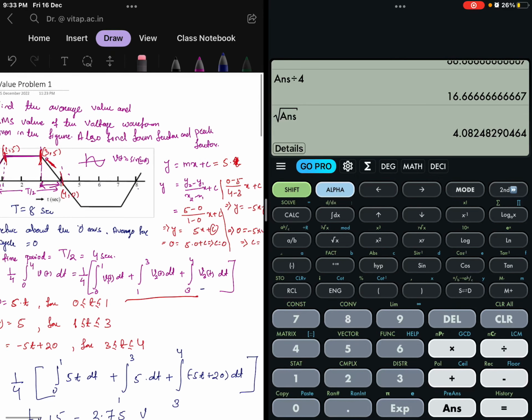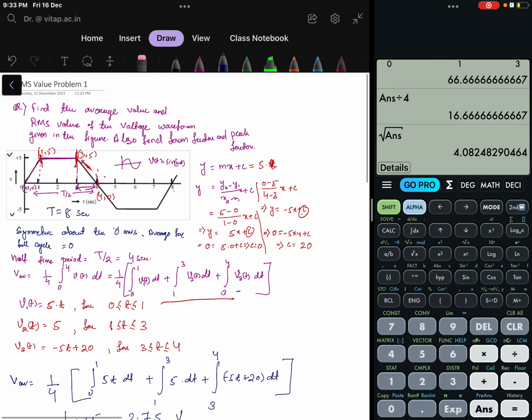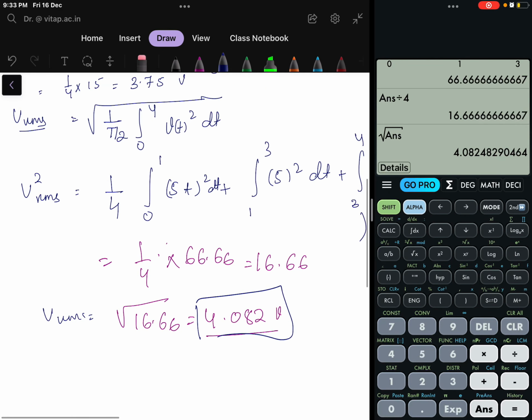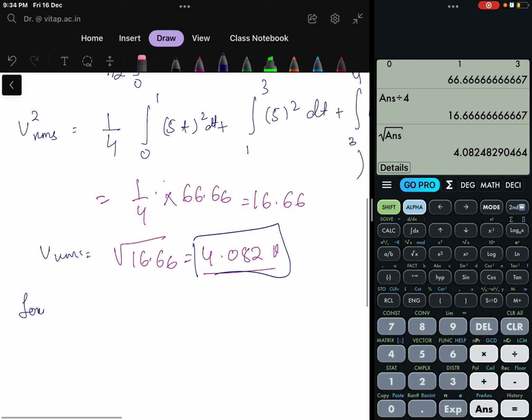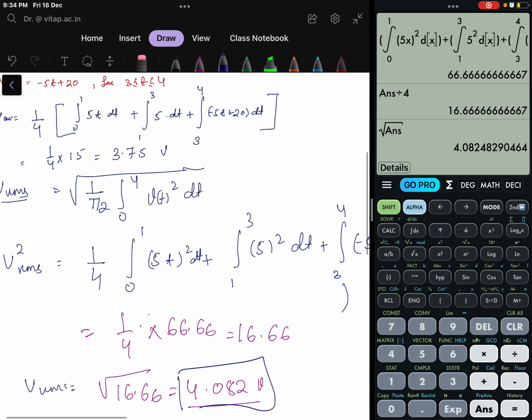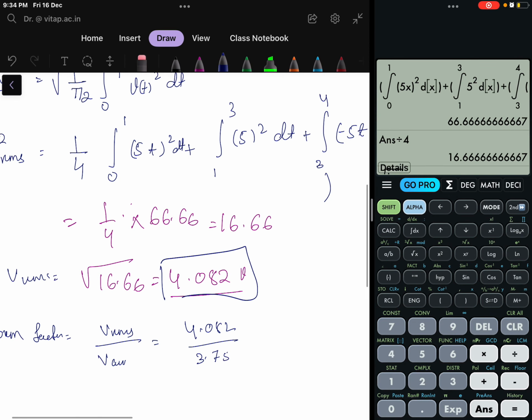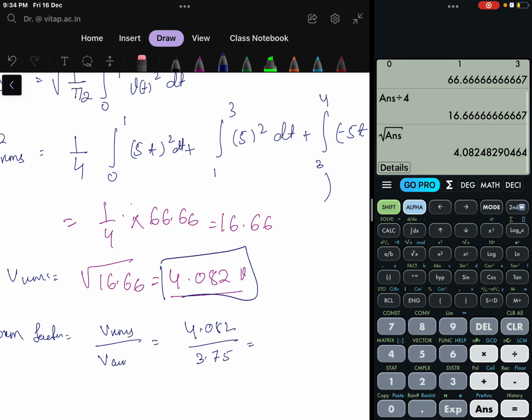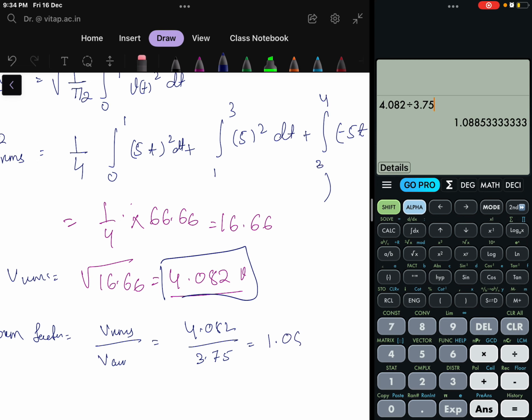Okay, now what it is asking? Here again it is asking to find the form factor and the peak factor. Okay, so what is the form factor now? Form factor is equal to VRMS divided by V average. Okay, that is equal to 4.082 divided by the average value, how much we got? 3.75. So, 4.082 divided by 3.75, so that is equal to 1.088,